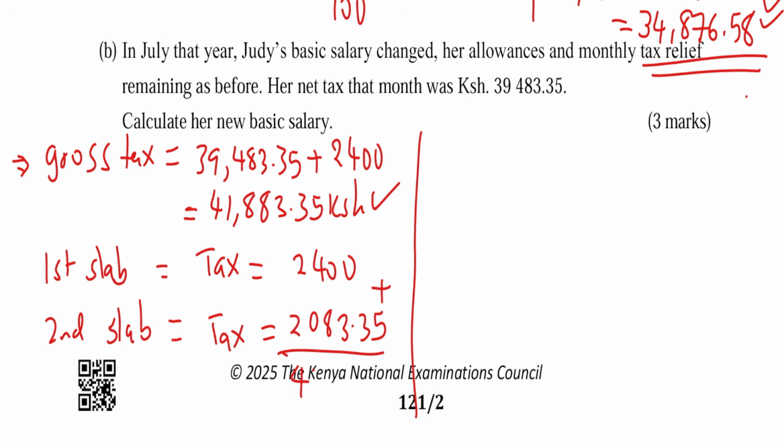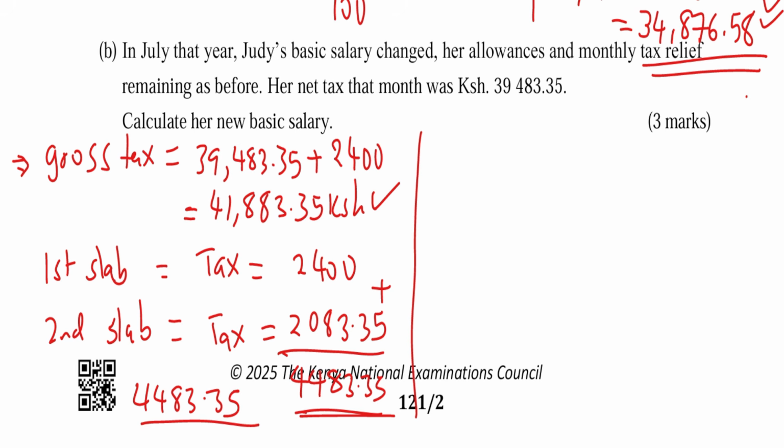4,483.35. So now I can't write below that because we might not be seeing even the amount, but let me just write it here just in case you're not seeing. Sawa, so hii ndo answer yako katika